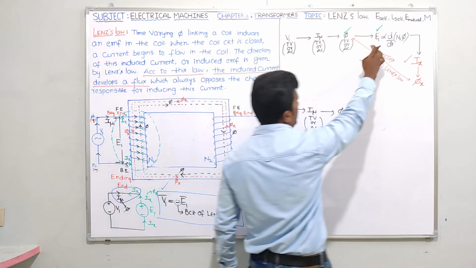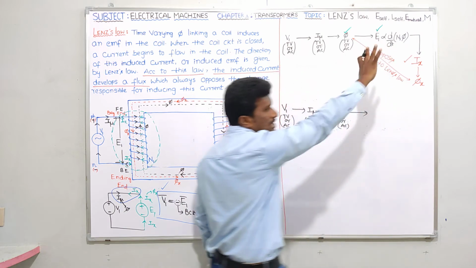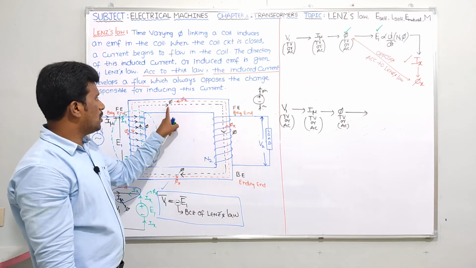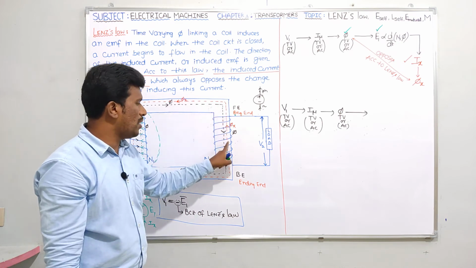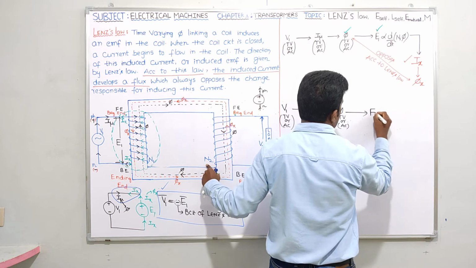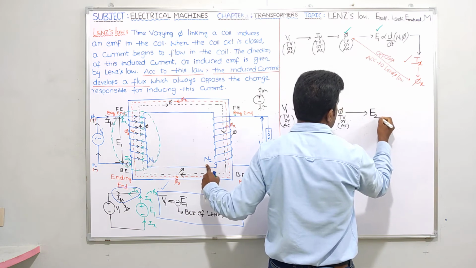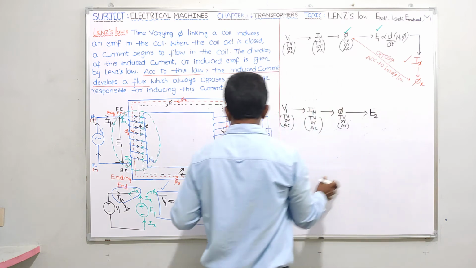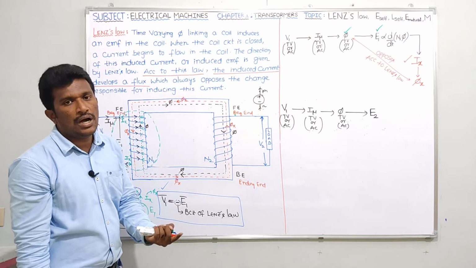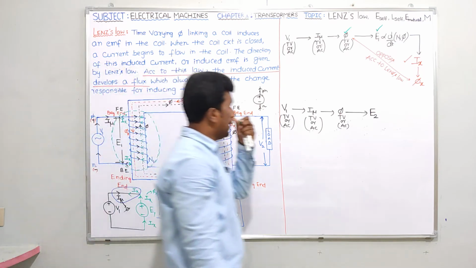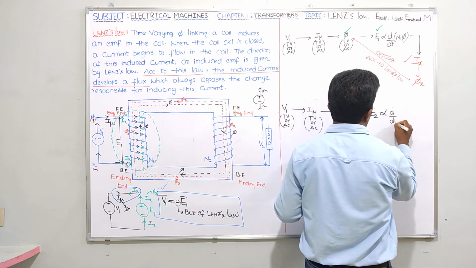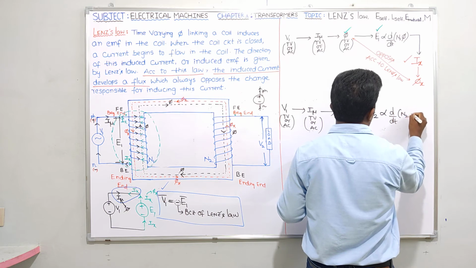So it links with the primary winding, you will get EMF E1. That I already explained. I am discussing the secondary winding. This core flux pi links with the secondary winding having number of turns N2. Therefore here E2 will be induced. That E2 can be called statically induced EMF. Since it is induced in the secondary winding, that EMF can be called a mutually induced EMF or secondary winding EMF. E2 is proportional to what? d by dt of N2 into pi.